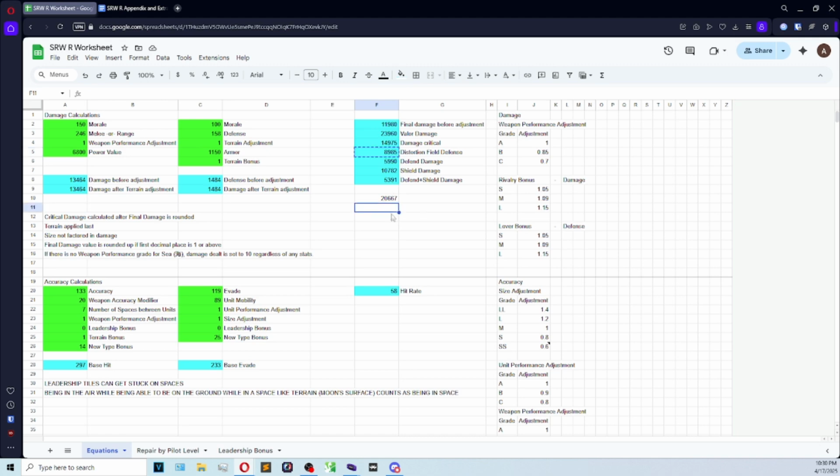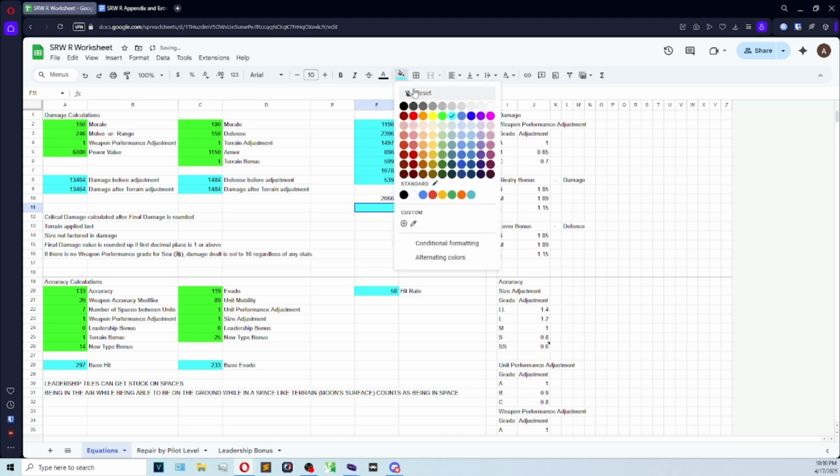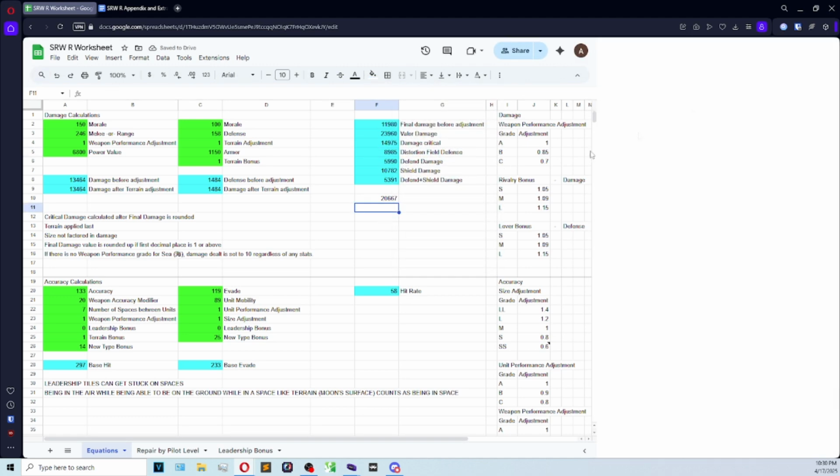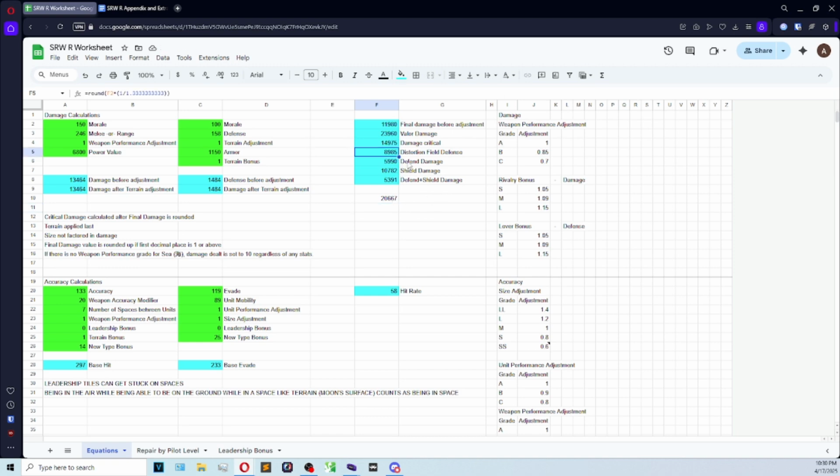Well, hold on, we'll prove this. No. Control Shift C? Nope, that's wrong. Control Shift V, there we go. I just want to copy that number over. This is times 2. I did not hit equals. Equals. So these are not the same. So it's not just the distortion. It's the distortion field defense that is not...